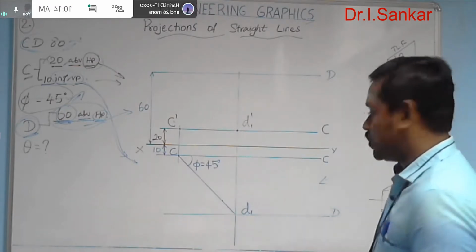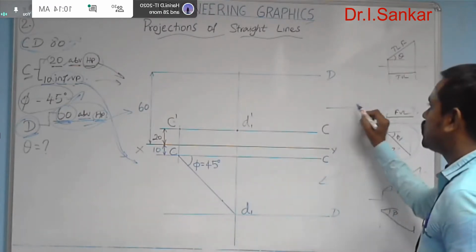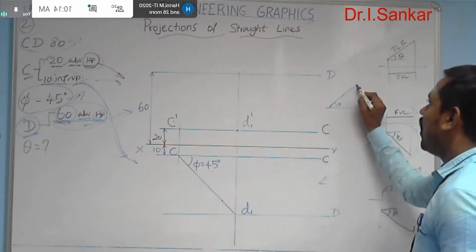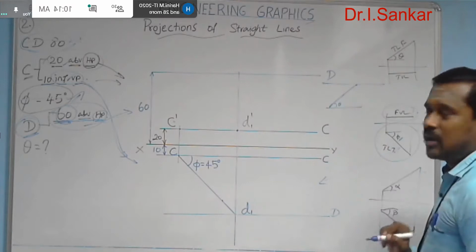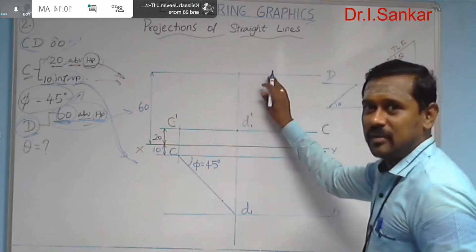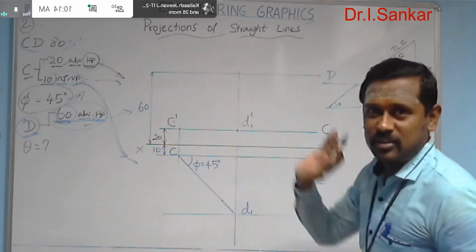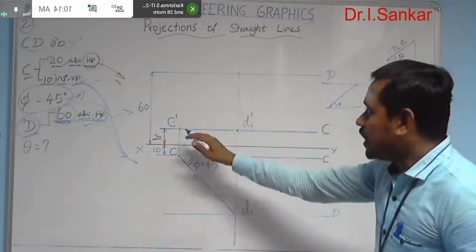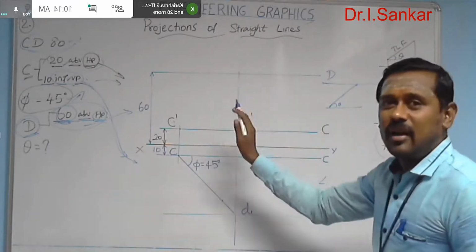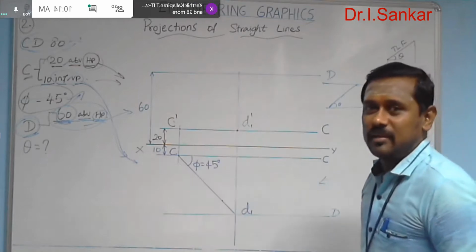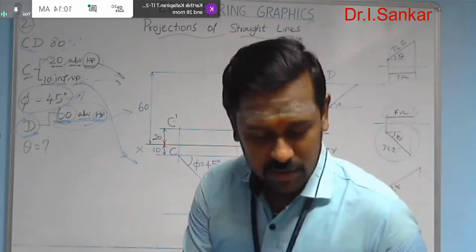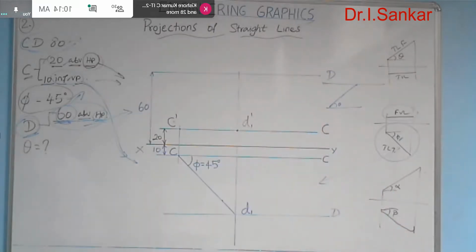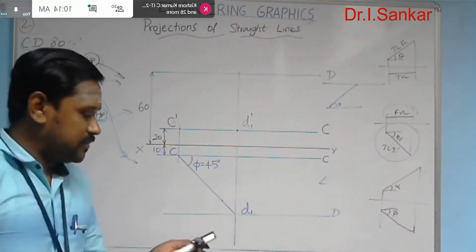Generally, what we are actually doing is, by using the true length and a true inclination, we can draw a line. After that, we can draw the locus. But here already the locus is here. You have the true length. So without having the true inclination, you can complete drawing the particular line. After that, you can measure the angle. Okay, this is the point here. So let me note the true length in my compass.